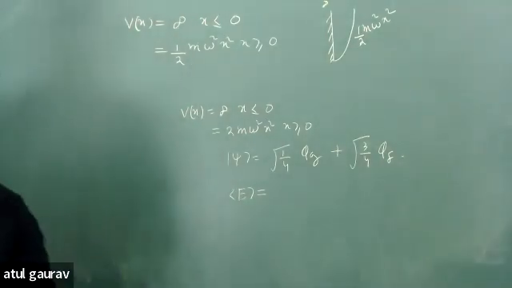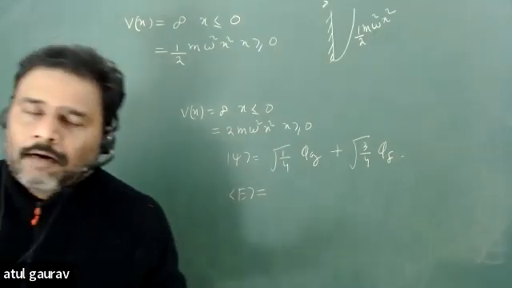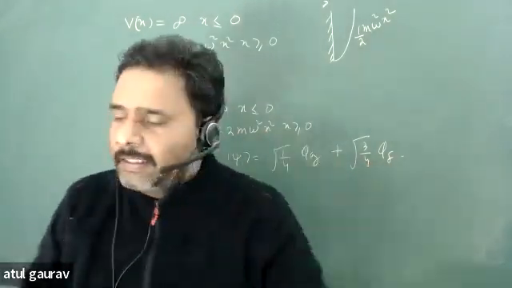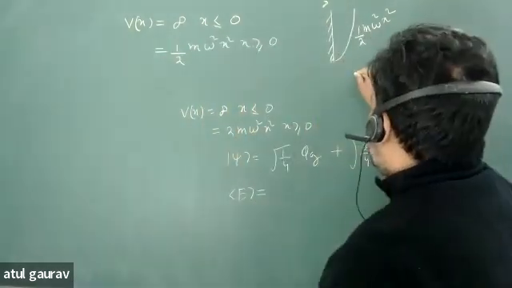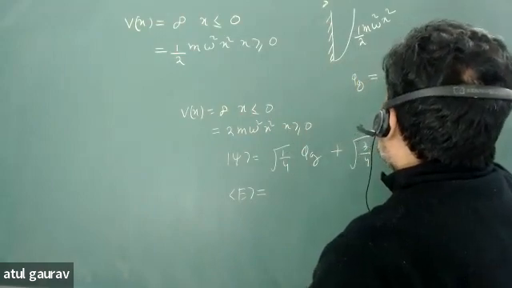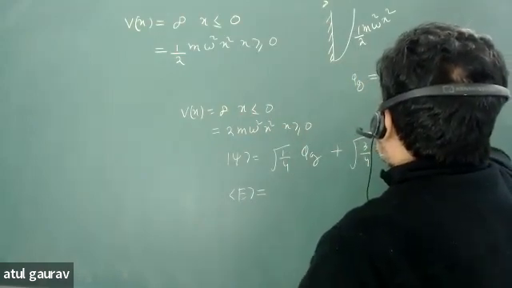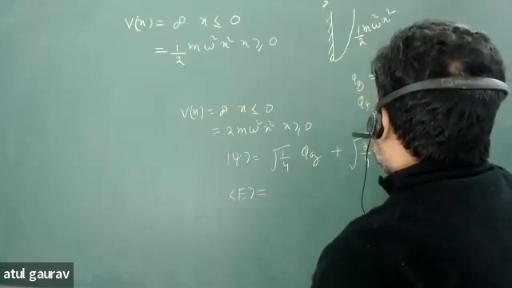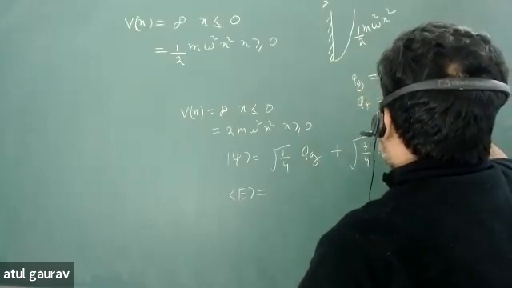वो फाई का क्या लिखा है? Phi g for phi ground, phi f for phi first excited state. ओके ठीक है? And obviously all are orthogonal. Phi g is ground. Phi f is first excited state. फटाफट निकालो।